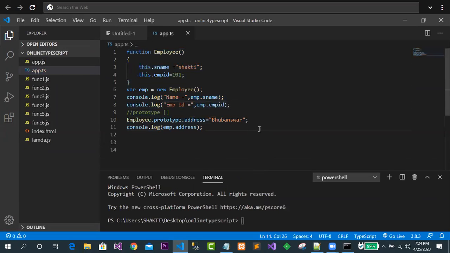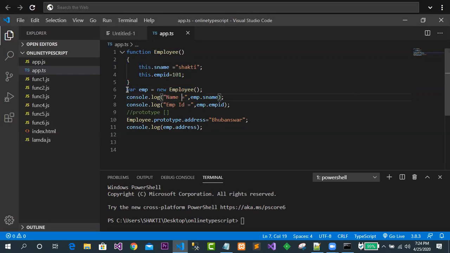You can see over here what prototype is doing. Let's say it is something like this. This is called a constructor function, through which we are maintaining a class structure, and inside that some of the data members we have taken care of by the this keyword. So this dot s name I have given Sakti. This dot employee ID has been given 101. I have created the object of this class by writing this.